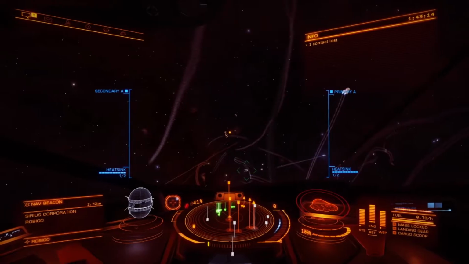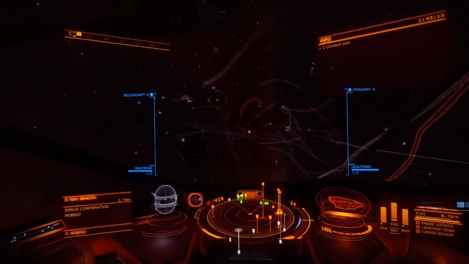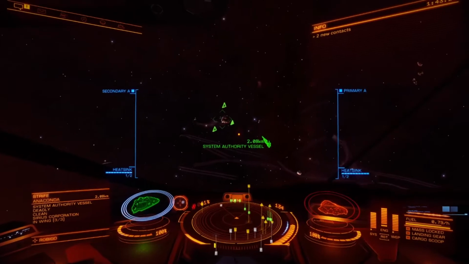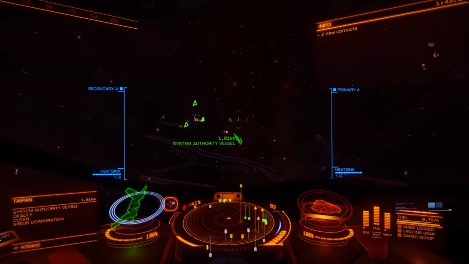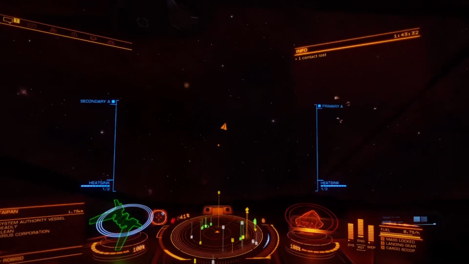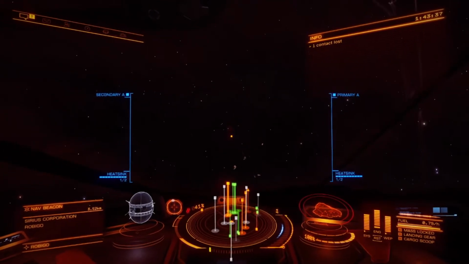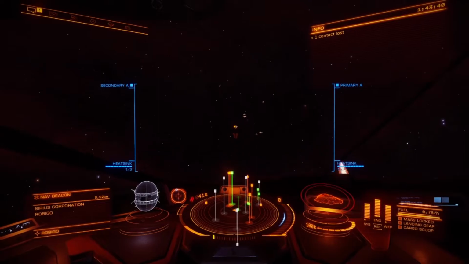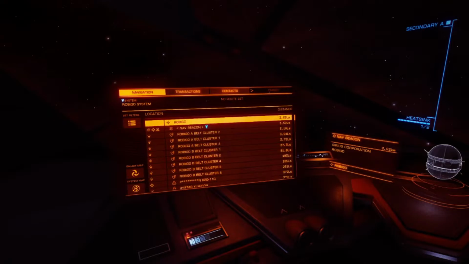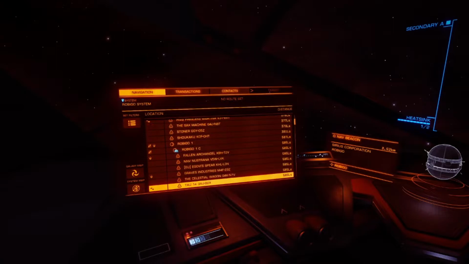So he's dead. A lot of the time too, what you'll see is that when you're fighting someone, they'll try to run away. It'll say surge detected. There's a system authority vessel, as I was talking about. If they try to run away, try to stay as close as you can to them. That way there's less of a chance of them, or it takes longer for the surge to actually go. And then when you're done, you'll go to navigation, and you'll find the closest, or really any,